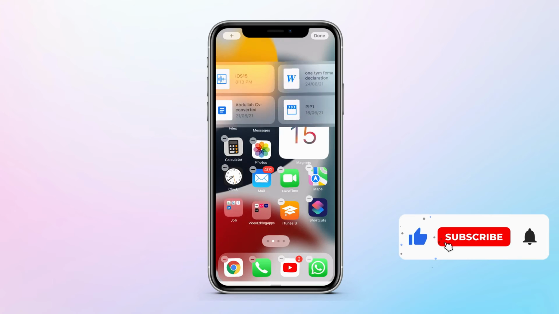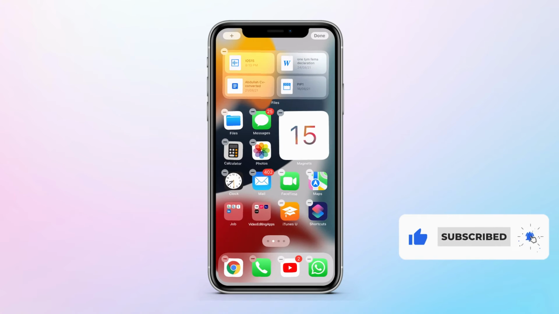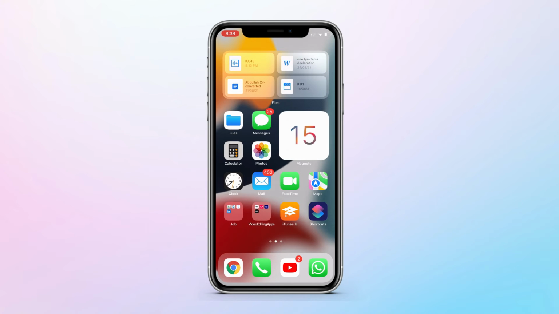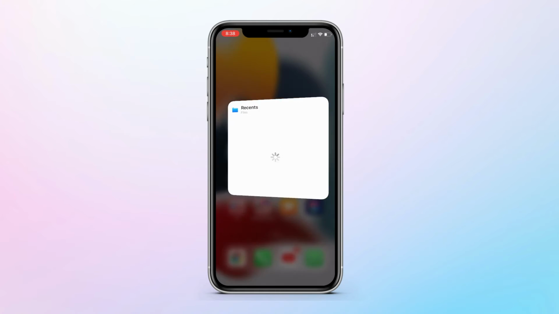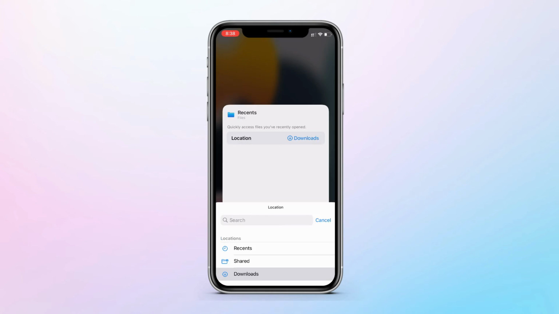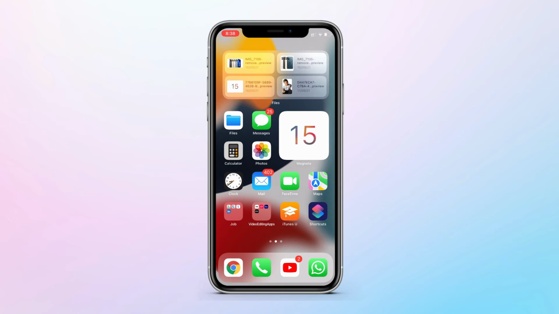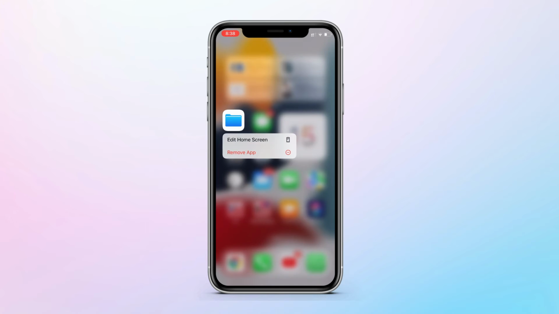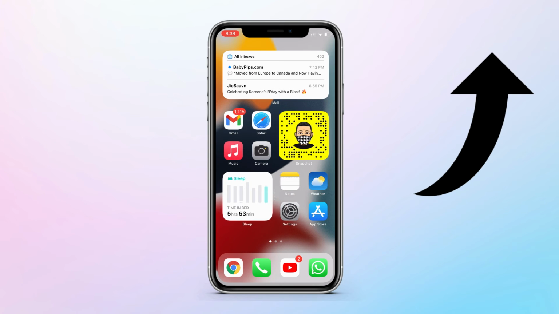Also, there are a few changes in the Files widget. As you can see here, it's more transparent now in iOS 15. Now you can also edit the Files widget, and with that we can change the location of the file shown in the widget. And speaking of Files, we also have the option now to lock PDFs and some minor changes in the Files app. You can check it out over here and I will mention the links in the description also.